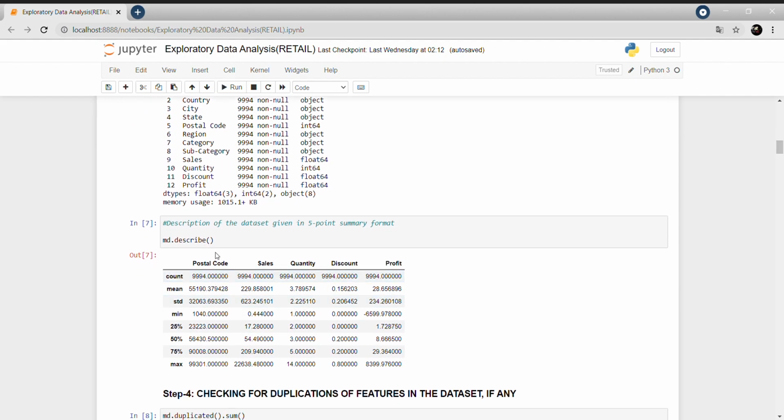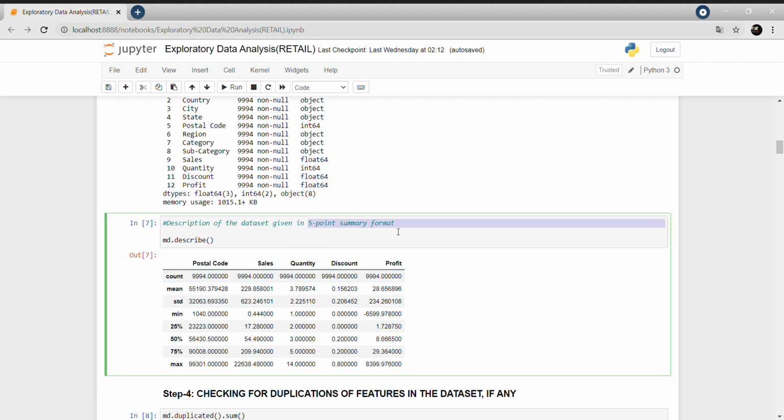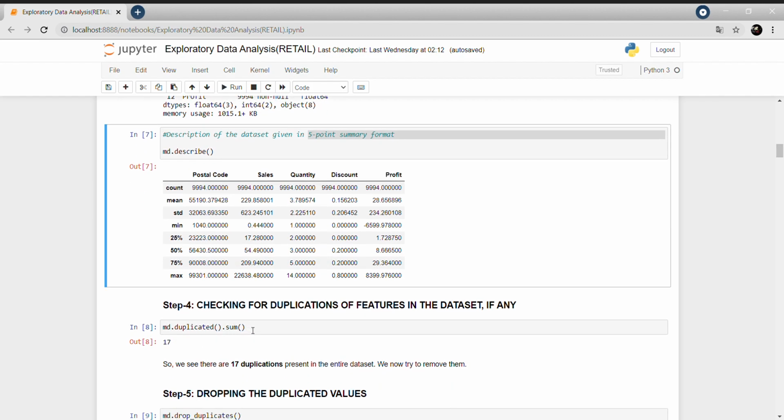Then I came to the description part. It has been done using the 5-point summary format, and it includes the minimum value of each feature of the dataset, the first quartile, median value, third quartile, and the maximum value. And then I went to check for duplications in the dataset, and I used this command